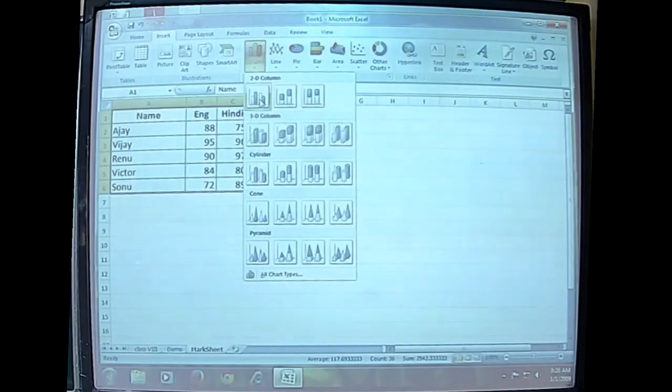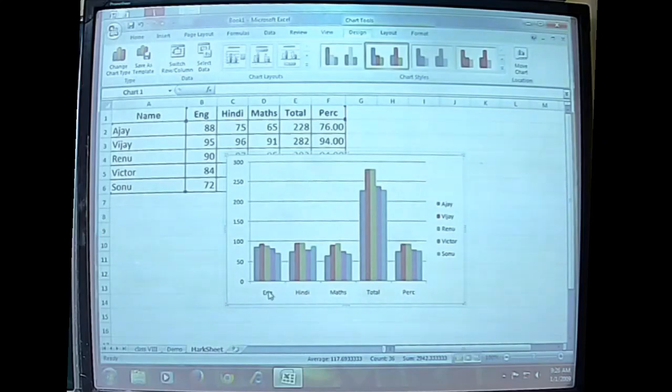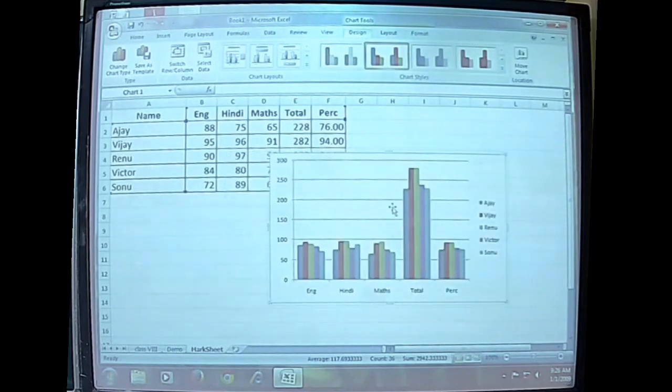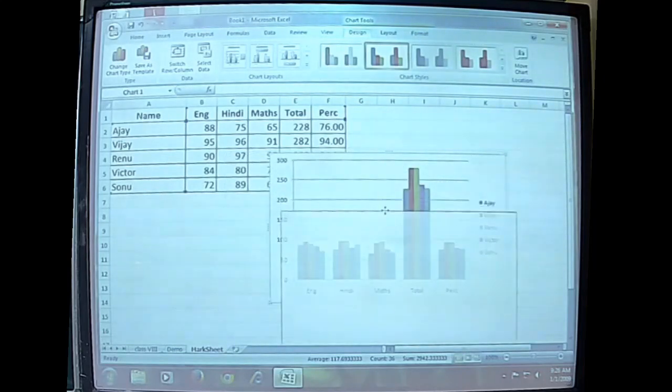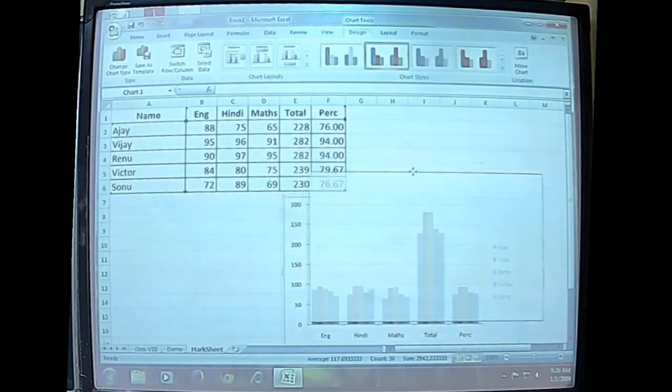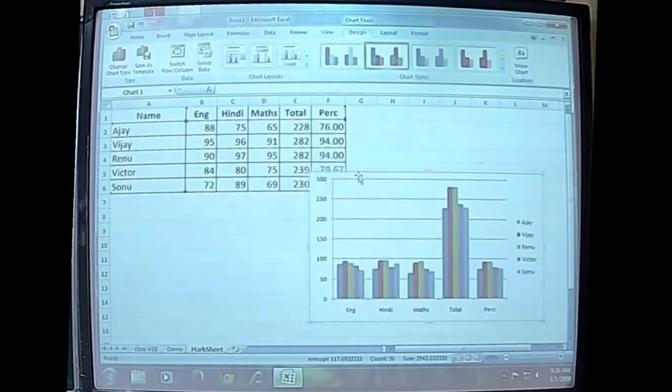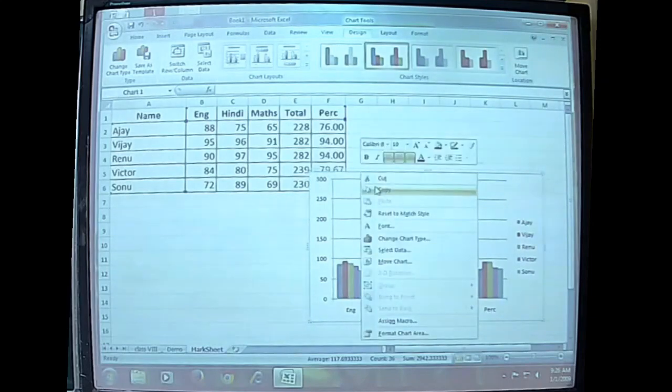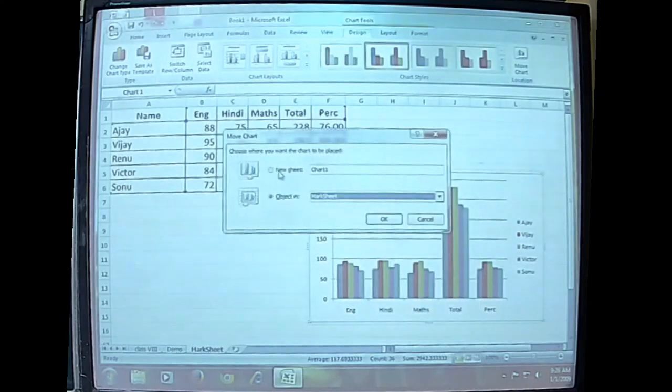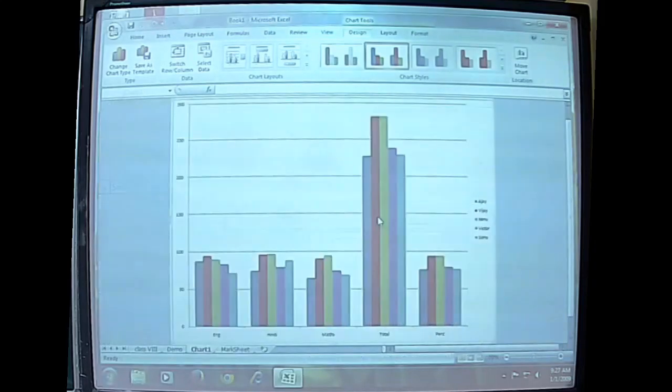A column chart can be created here. So this is how, just creating a column chart. See, this is how. And the color combinations are given accordingly. Okay, so the values are also given accordingly. And either the chart can be created on the same sheet, or it is also possible that the chart can be changed to another place. See, change chart type is there, or move chart option is also there when you right click. Now let us see move chart as a new sheet. Okay, so new sheet and click OK.